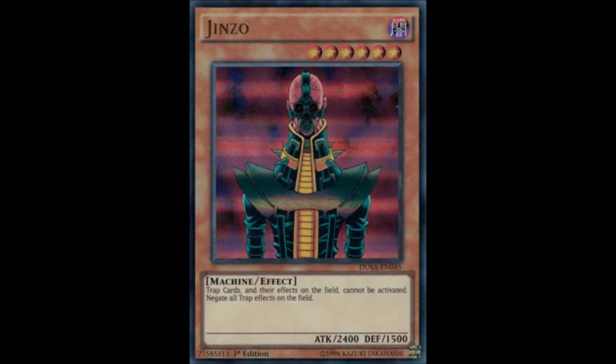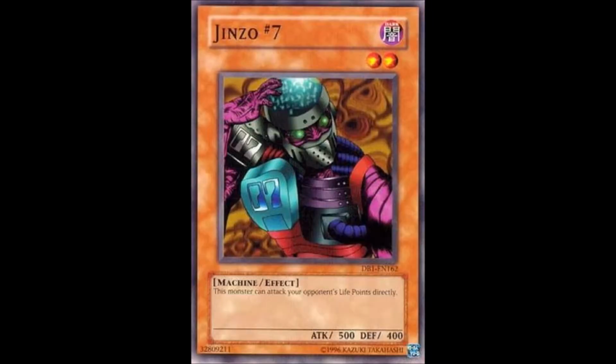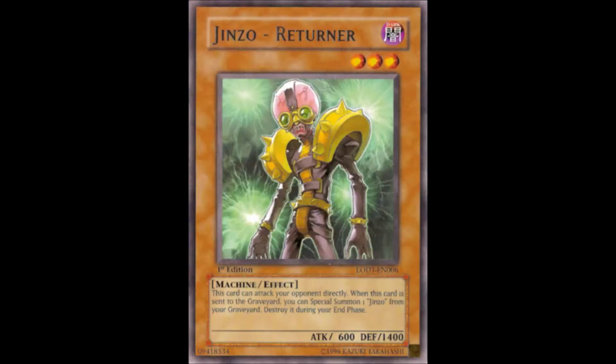And alright, time for their next monster, their lowest level monster, that being Jinzo 7 for some reason. And this monster can attack your opponent's life points directly. Yeah, pack filler garbage at its finest, and now it's outclassed entirely by its retrain, that being the level 3 Jinzo Returner. It's a level 3 machine with a much higher defense and 100 more attack points, and this card